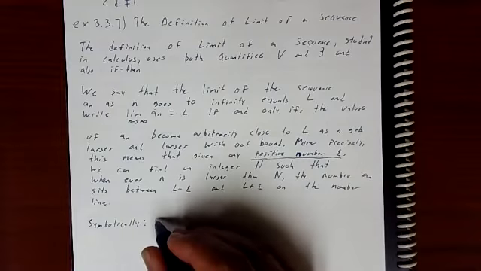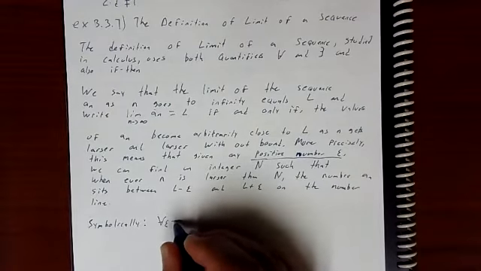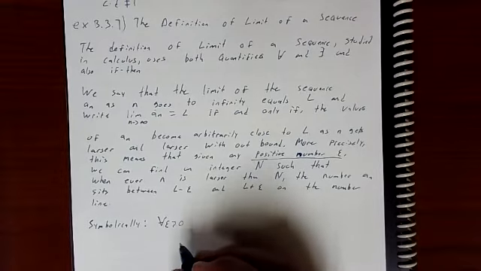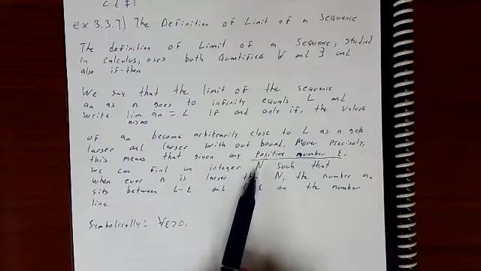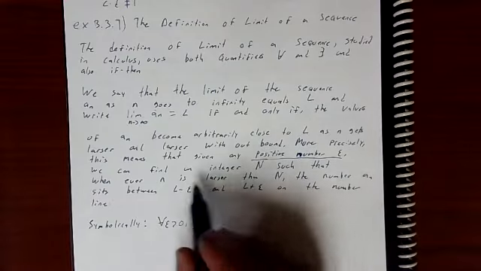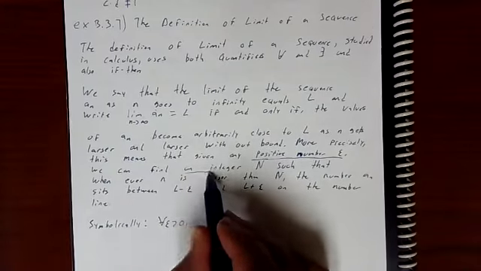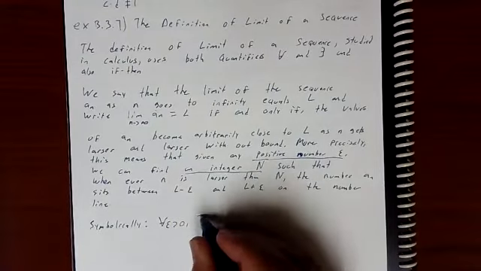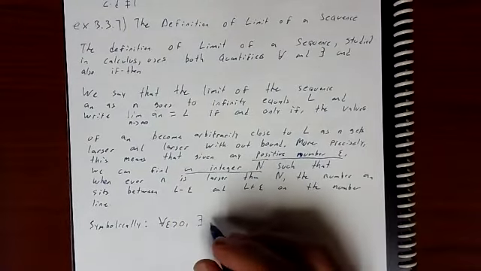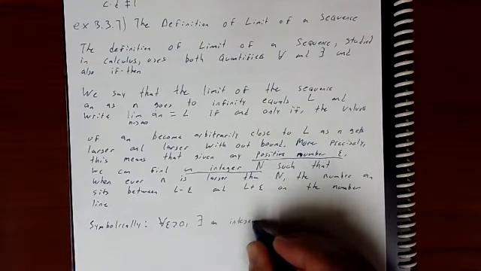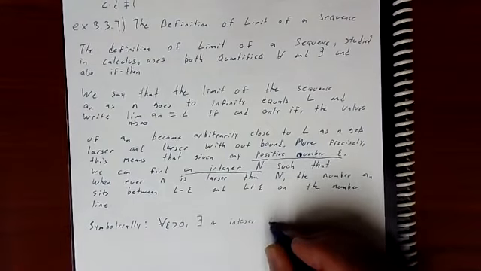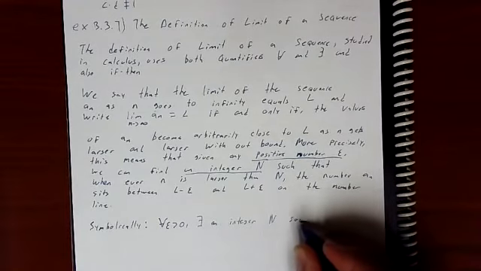So symbolically, we should say for all epsilon greater than 0. Let's keep going. We can find an integer N. That means there exists an integer N such that